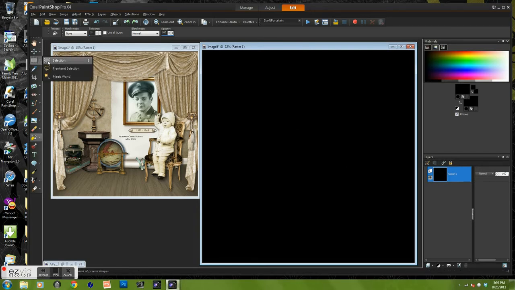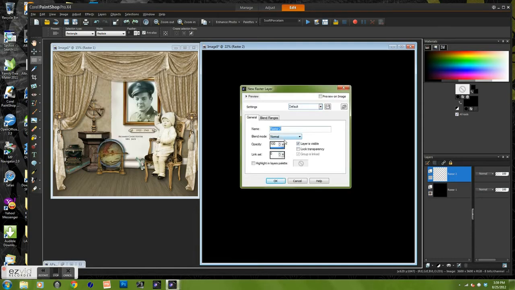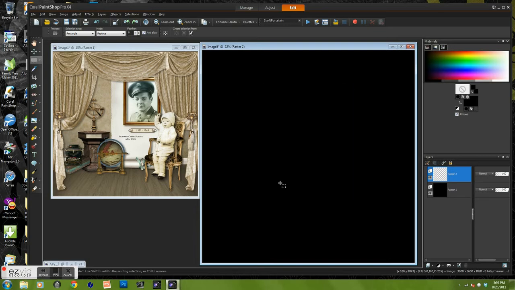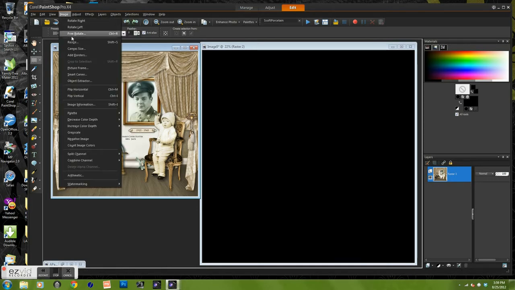I'm going to go back to my selection tool, and I want to add a new layer, a new raster layer. It'll be normal, 100% opacity. Click OK, and that's where I'm going to add my layout. Now, because my layout was created at 3600 square pixels and my new one is also that size, I'm going to need to resize my layout just a tad if I want to have the border around the edges. So we'll click to make it active. I'm going to do Adjust, Image, Resize,